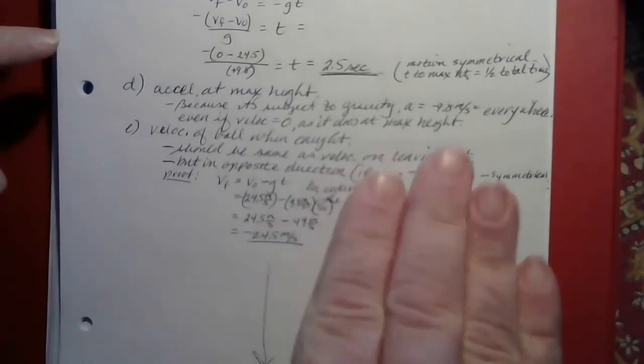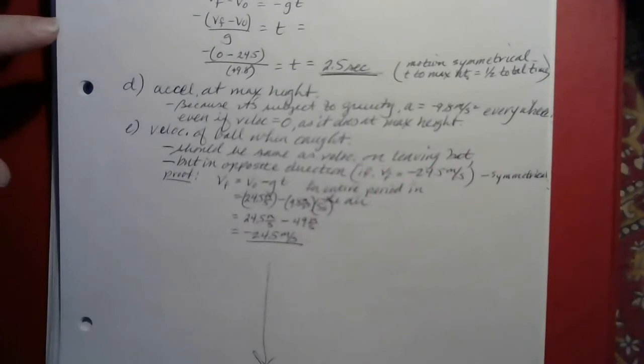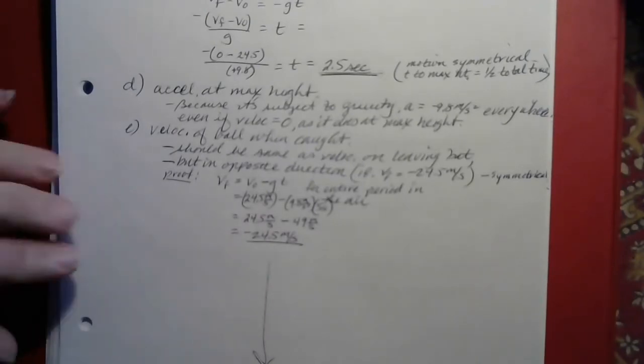Because projectile motion is symmetrical, the velocity on landing should be the same as the velocity on takeoff, only in the opposite direction. So if the velocity on leaving the bat was 24.5 meters per second, the velocity on being caught should be negative 24.5 meters per second. Seems logical enough, and it is, because when we do it mathematically,